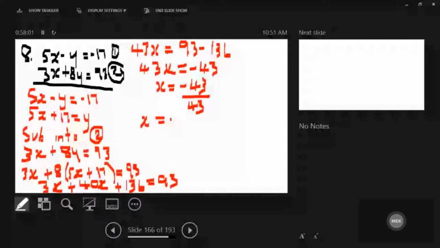All right, so we're going to put negative 1 where x is in equation 1. So substituting into equation 1, which is 5x minus y equals negative 17. So if x is negative 1,